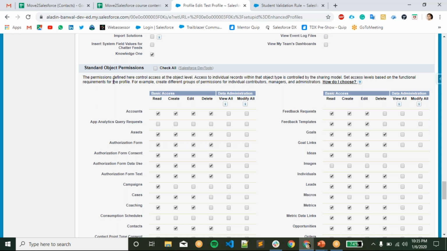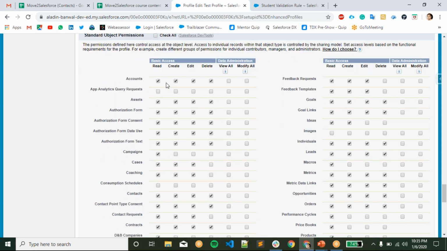Now some standard object permissions. Here also we can give particular object settings. For Account, let's say in Test Profile, all the users should be able to read the account, and be able to create or edit account records.